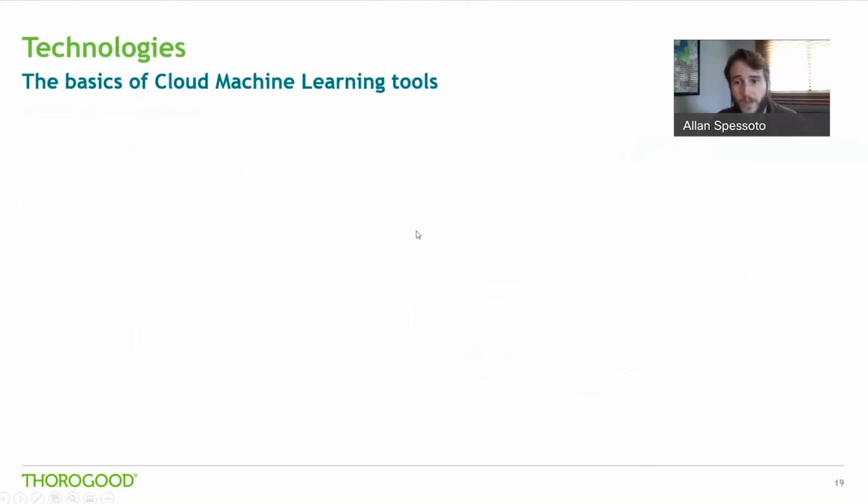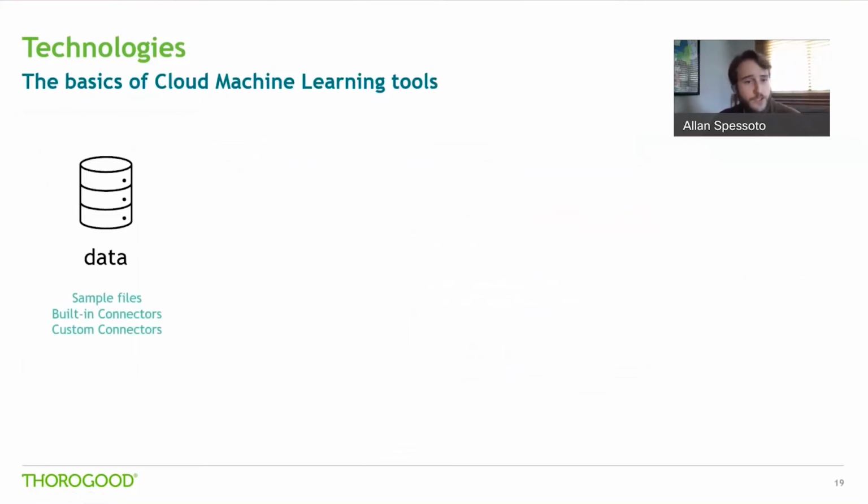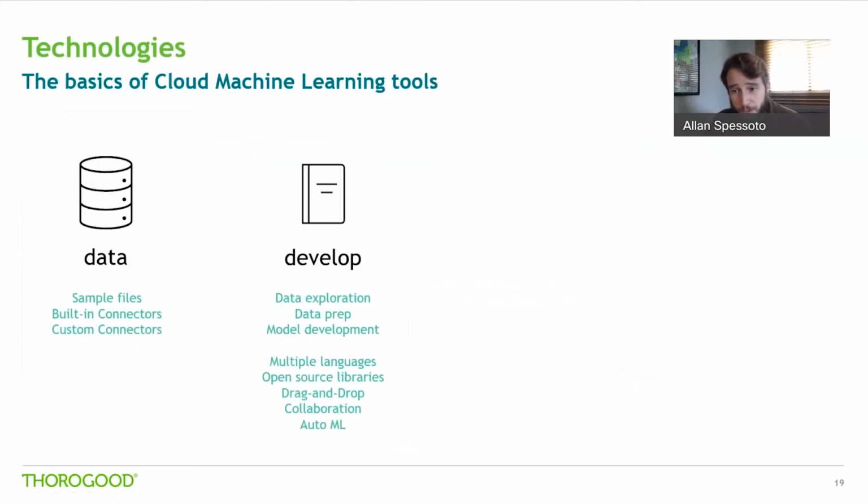So how do these tools work? What kind of functionality do they provide? First of all, they allow you to connect to data. You can use sample files or connect to many different data sources like data lakes, databases, or something more customized, even like an API connection. After you connect, you're able to explore your data, check some descriptive statistics like means, standard deviations, distributions, then prepare your data. Some typical steps can be filtering out some extreme outliers, filling in missing data, splitting the data sets into train and test sets, things like that.